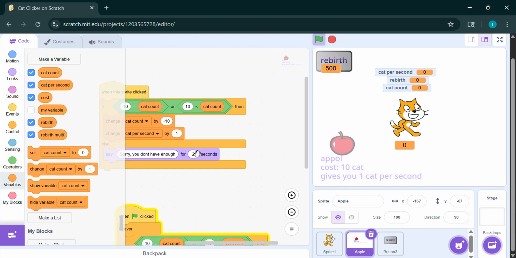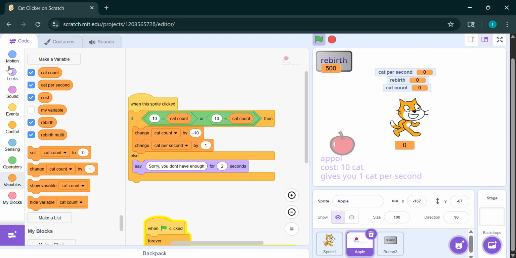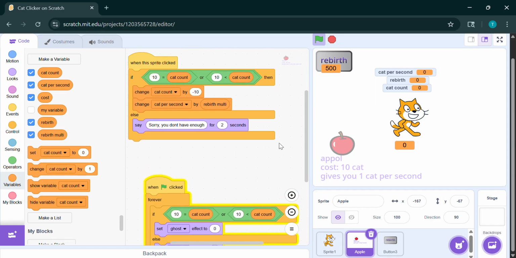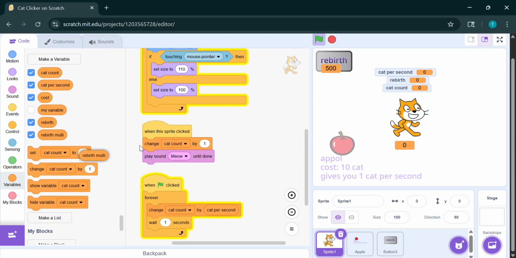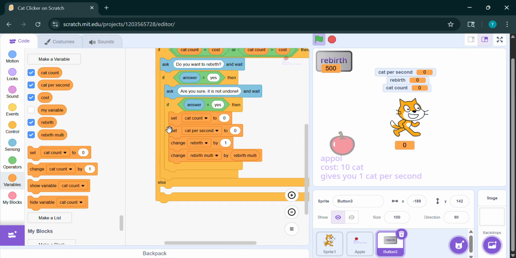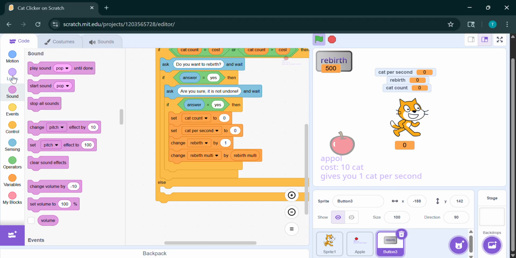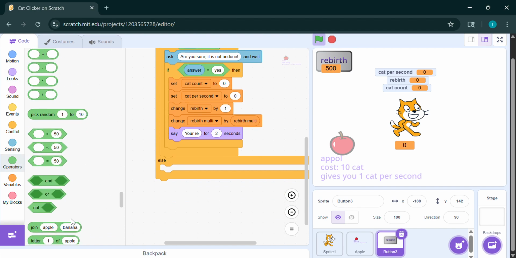Auto sprite. How can we boost this? So we got change cat per second by cat per second, right? No, I mean rebirth multiplier, right? And then our sprite change cat count by rebirth multiplier. Perfect. So we got it, right? And then say your rebirth. Oh, never mind. We add this